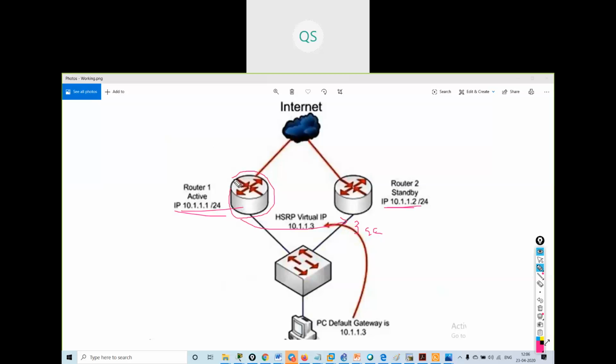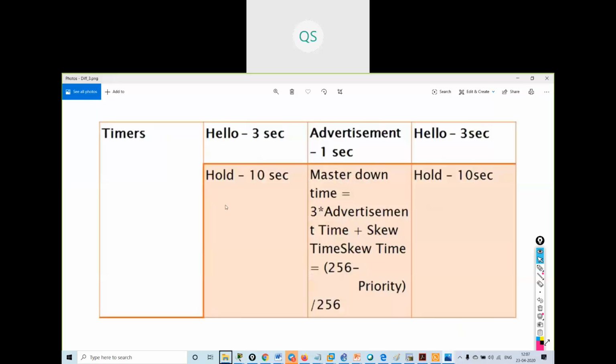Now, if in 3 seconds it does not get the hello message, it will wait for 10 seconds more, and then it will take charge. So 10 seconds is the hold down time, or dead interval, by default in HSRP. Understood what hold down time is? Hold is 10 seconds.